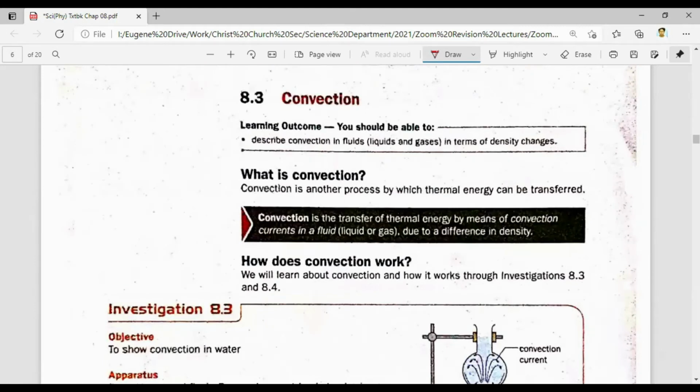Now, this part here, 8.3, we're just going to describe how convection occurs. Convection actually occurs because of the key idea, density changes. So if there are no density changes, actually you can't have any convection. So let's look at this. Definition: convection is the transfer of thermal energy by means of currents within